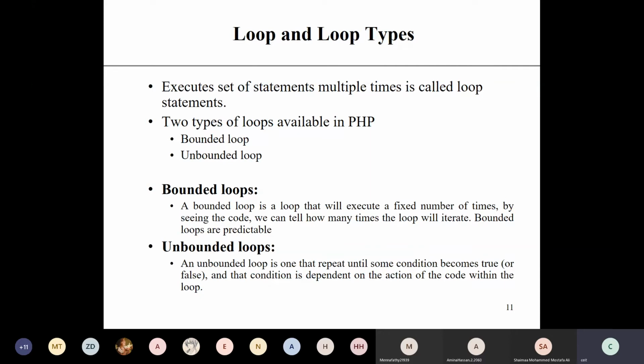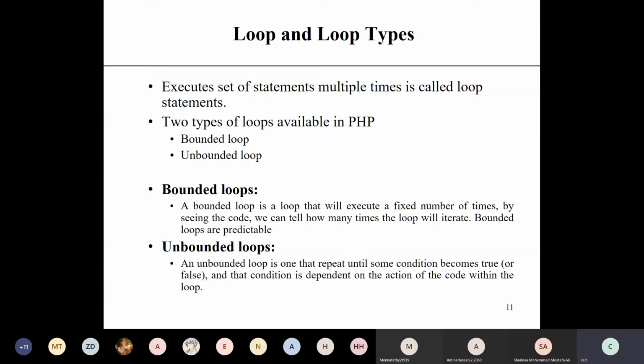When you want to execute a set of statements multiple times, more than one time, then you use a loop. It is also known as iteration. There are two types of loops available in PHP: one is bounded loop and one is unbounded loop.